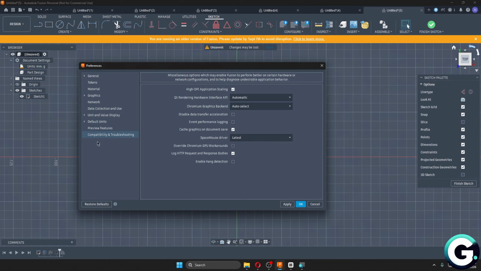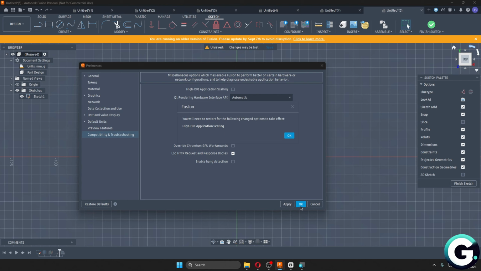You could also navigate through the compatibility and troubleshooting. And from here, you want to try to deactivate the high DPI application scaling. For the Qt rendering hardware interface API, select it to automatic. The Chromium backend is going to be auto select. Click apply, and that's basically going to be our very simple